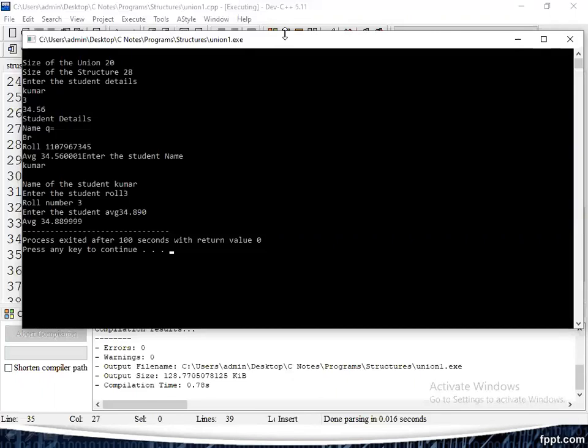Okay, what is the question? The question is to write about the difference between structure and union. You have to give all answers. What is the first one? Size, keyword difference, and how we can explain the differences between structure and union. One is the keyword. Next, size, how many bytes are occupied. Next, how we can access properly in the structure and union. That is the answer for that question.